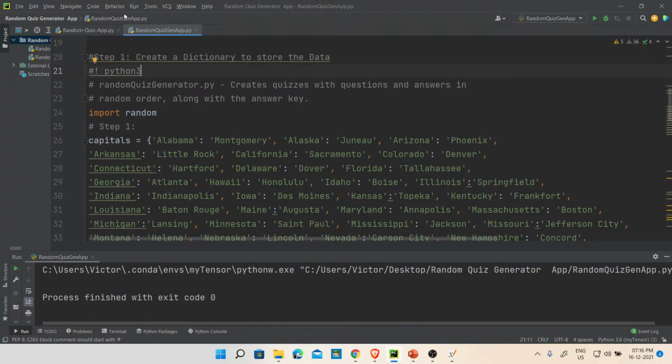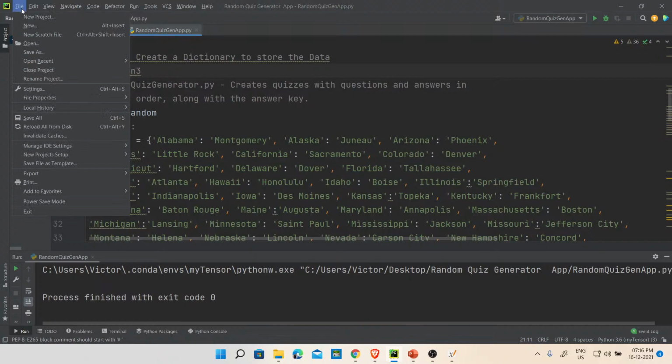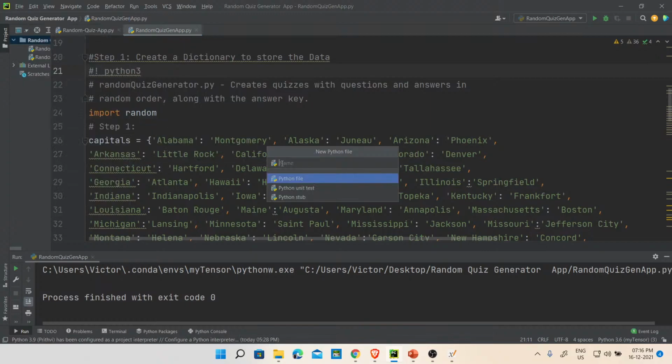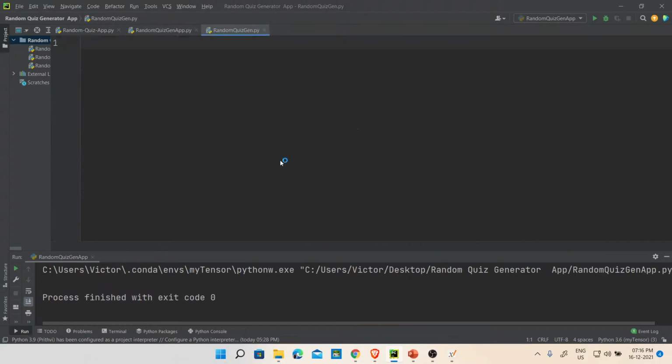To give you a clean code, we go and say file, new, and call it random quiz generator, quiz gen. Now we have a series of steps.